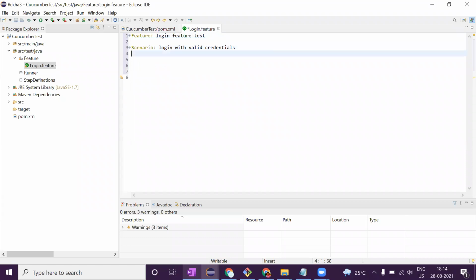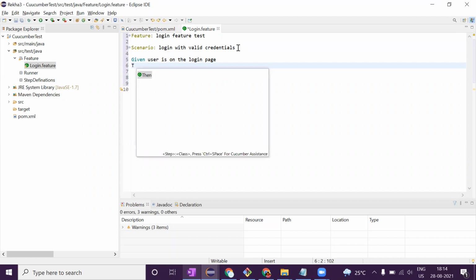Now I have valid credentials, right? I can use Given user is on the login page. Then, okay, these are the keywords. See, these are the keywords.